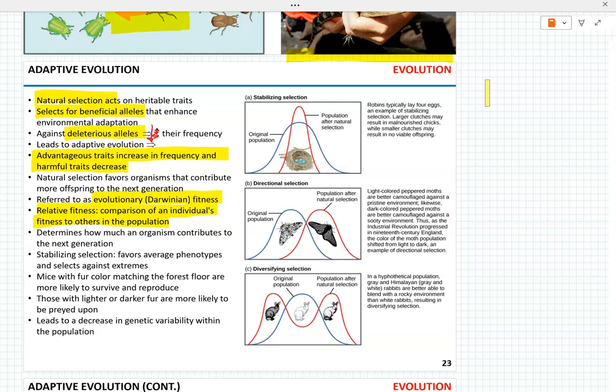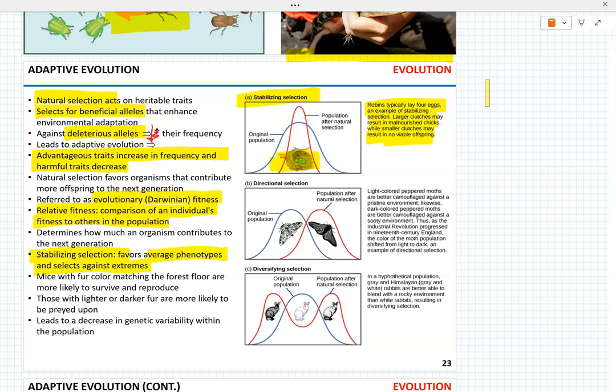Because of these different fitnesses and various environmental pressures, selection can be categorized into three categories: stabilizing, directional, and diversifying. In stabilizing selection, the average phenotype is favored and extremes are selected against. For instance,